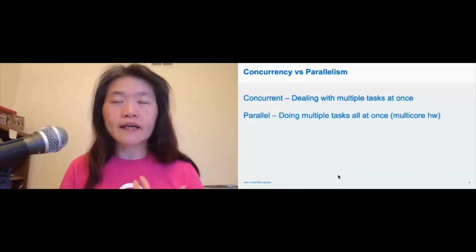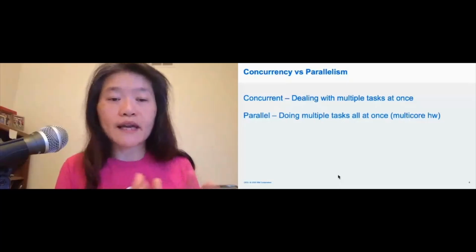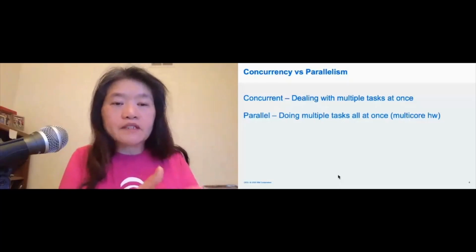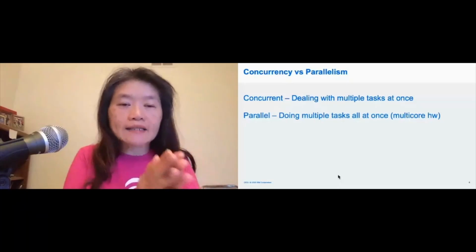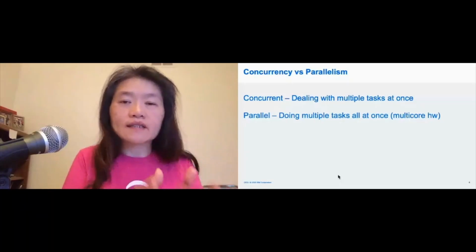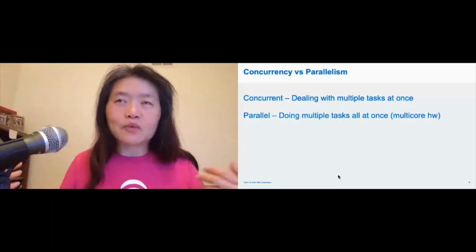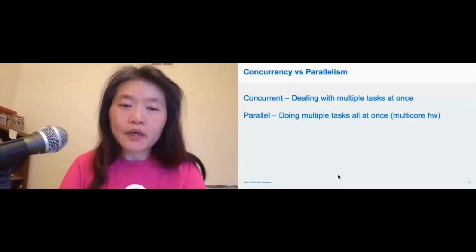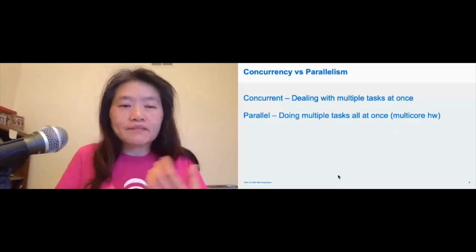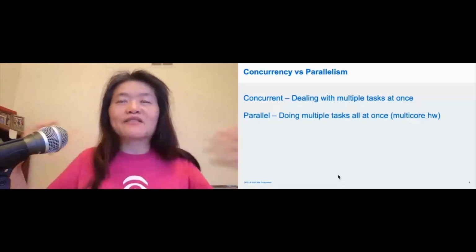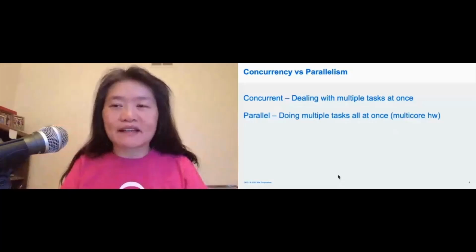All of these are making the time ripe for reactive systems software to catch up with it. The problem it is trying to address is really concurrency, dealing with multiple tasks at once. In some ways it's dealing with multiple tasks at once, but it doesn't require your system to be multi-core or multi-CPU. You can still have one process, just like I often think of myself, having so many things to do.